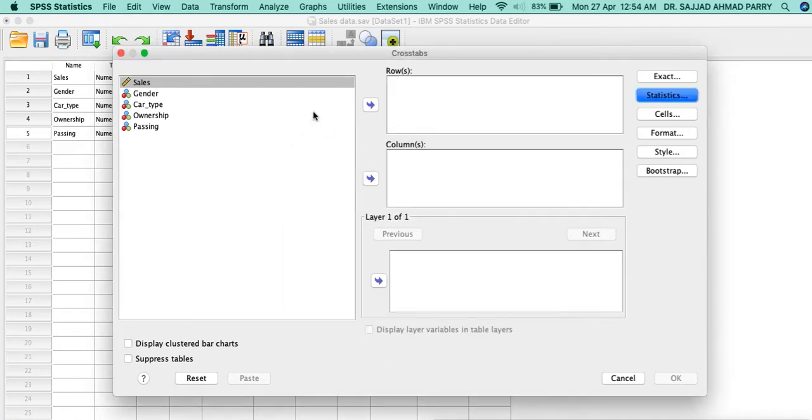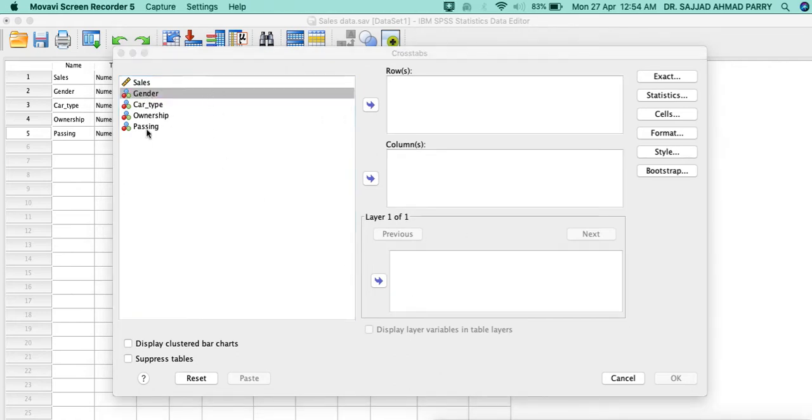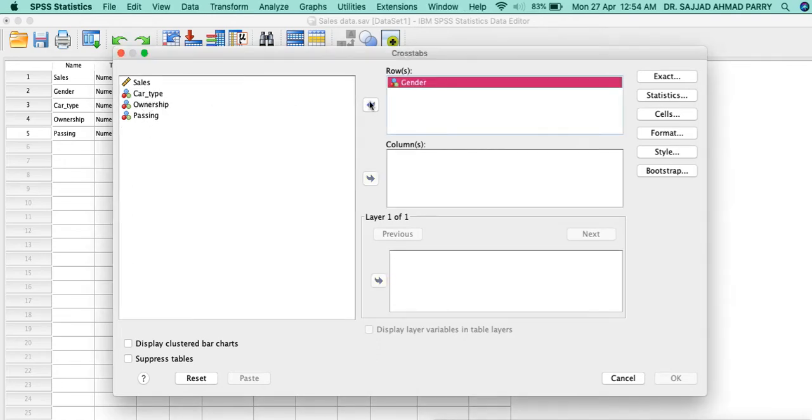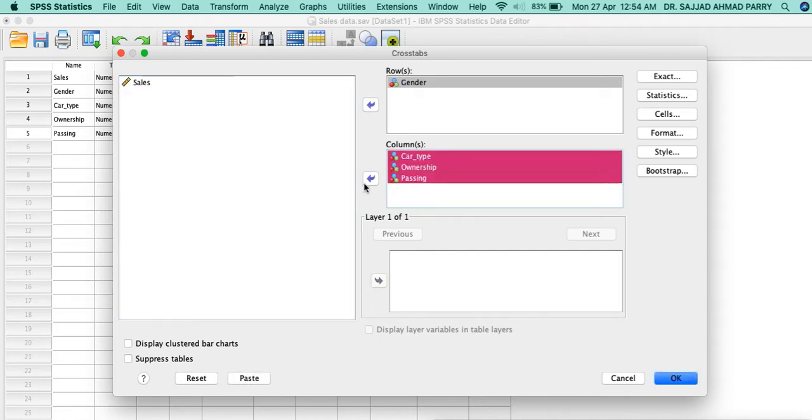We take any one of these four categorical variables, and the rest, three variables, we take here. We are going to display clustered bar charts, and the rest of the things we will keep as they are.